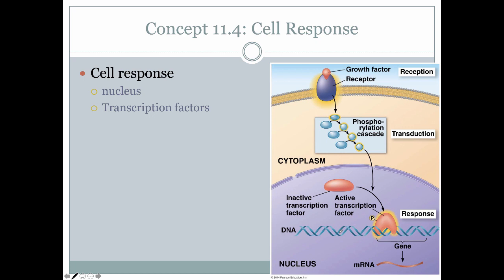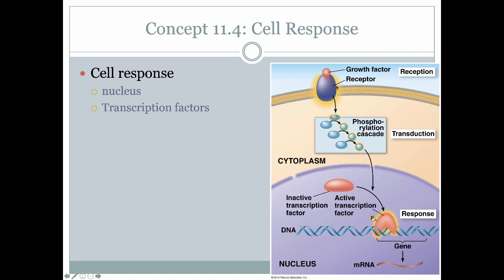So the epinephrine response is a very rapid response. And the reason why it's rapid is because the kinases are acting directly on glycogen in your muscle cells. So the transduction part is acting on something existing in the cell. Sometimes though, signaling pathways aren't rapid, they're a little bit slower, and the reason is because sometimes the signaling molecules need to tell the cell to make something, or make more protein, or turn on genes, or turn off genes. And so many of these signaling pathways will utilize the same concepts that we just went through,